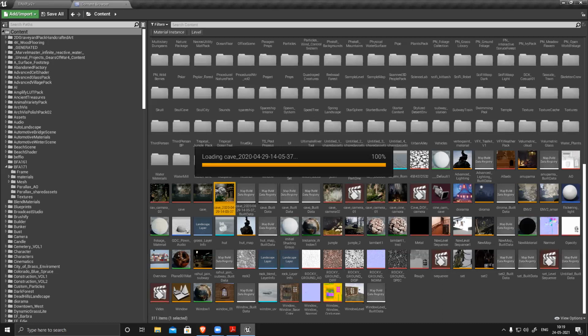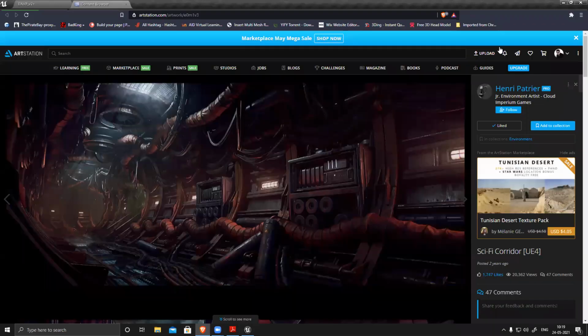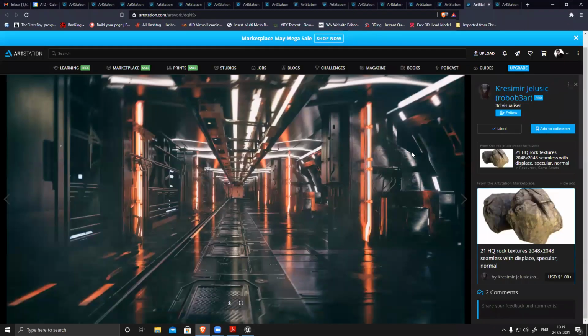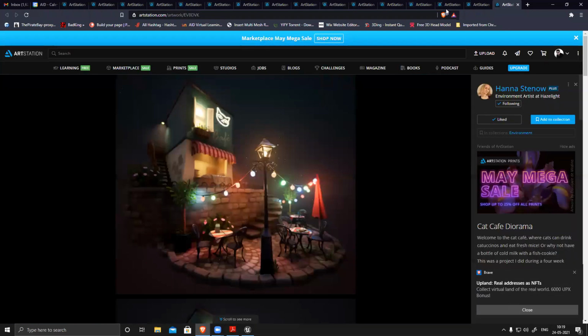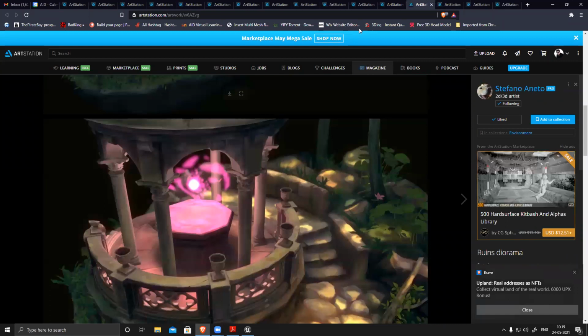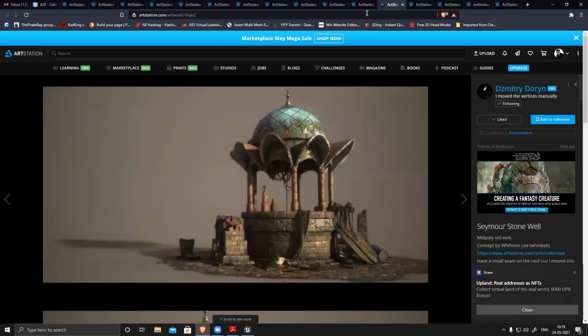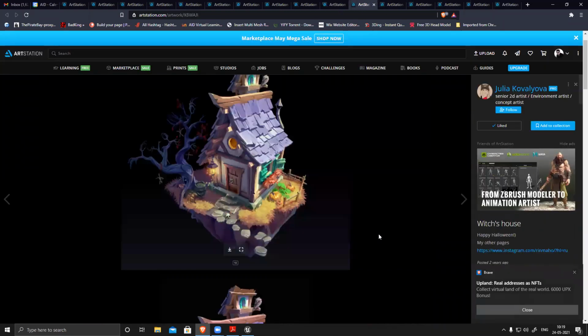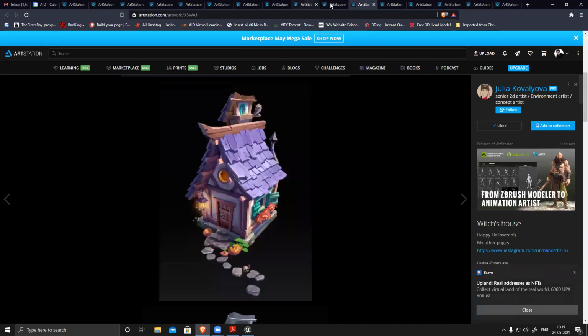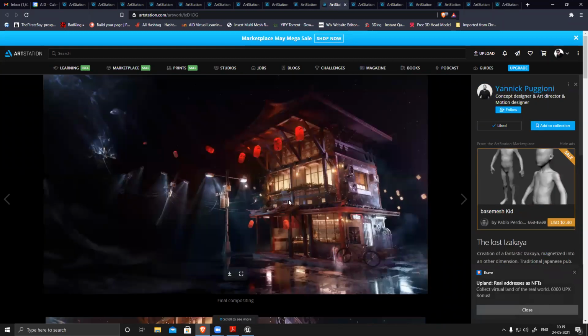Okay, it's loading. By the way, I'll just browse all the references. So we can choose anything sci-fi, or if you want, you can choose something normal. Nice scene.